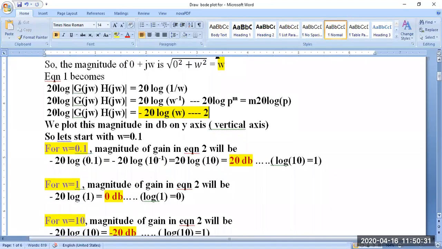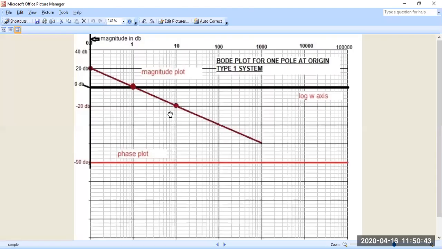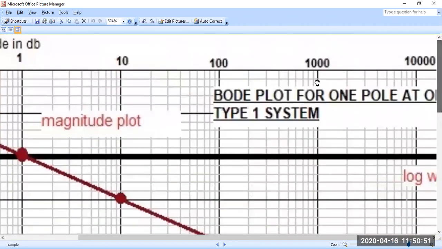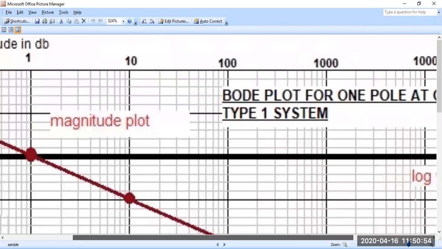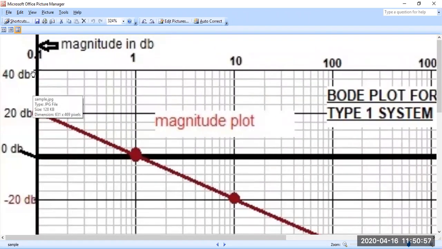Right. Now, we are going to put in values of omega and vary it. Let us take the starting point as omega equal to 0.1. Because in Bode plots, the starting frequency is usually 0.1. You can take it as 0.01 or anything, but don't take it as 0, because log of 0 is not defined. So omega equal to 0 is not allowed in Bode plots. So 0.1 is the frequency, next is 1, next is 10, then 100, and so on. So we are going to vary the frequency now.